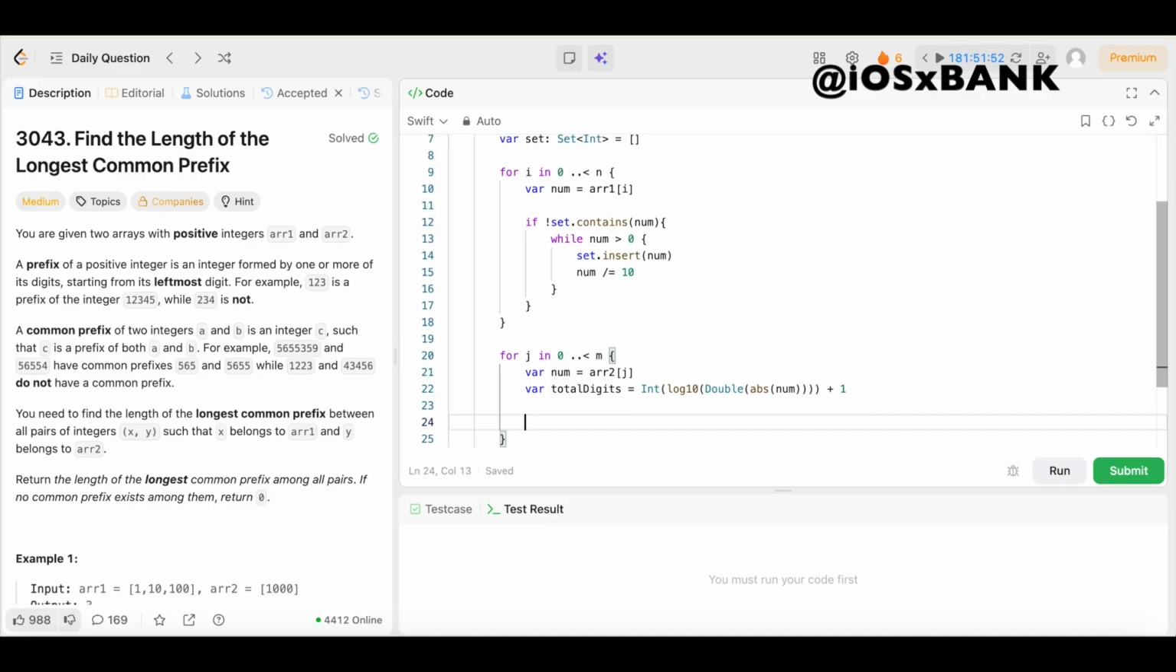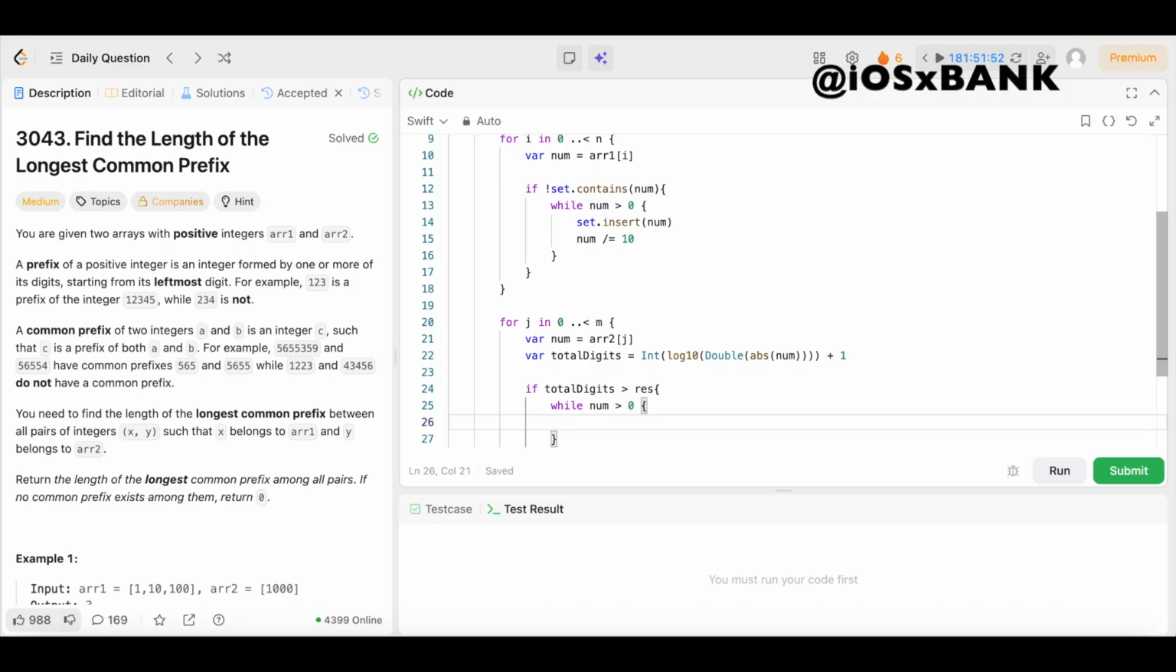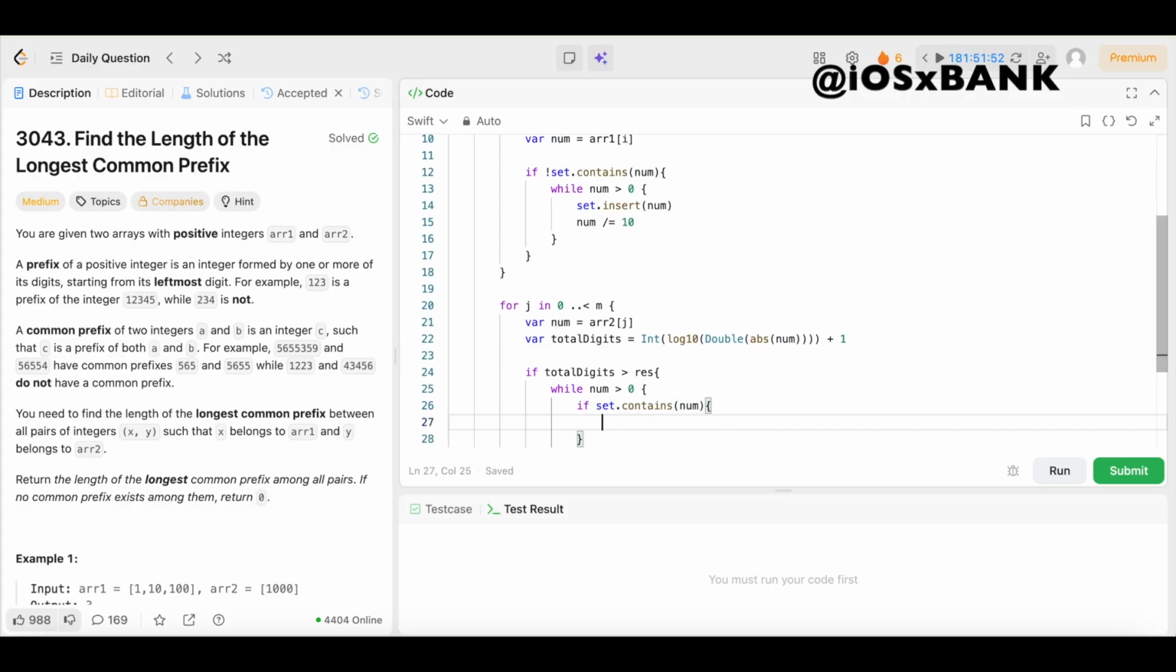Boom. Now we're only going to continue if this number could possibly improve the current best result. So we'll say if total digits is greater than res, then we'll open up the brackets and we're going to keep removing digits from the end to check all prefixes. So we're going to say while num is greater than 0, we're going to open up the brackets, and if this prefix exists in R1's prefix set, we found a common prefix. So we're going to say if set.contains, open up the parentheses num,